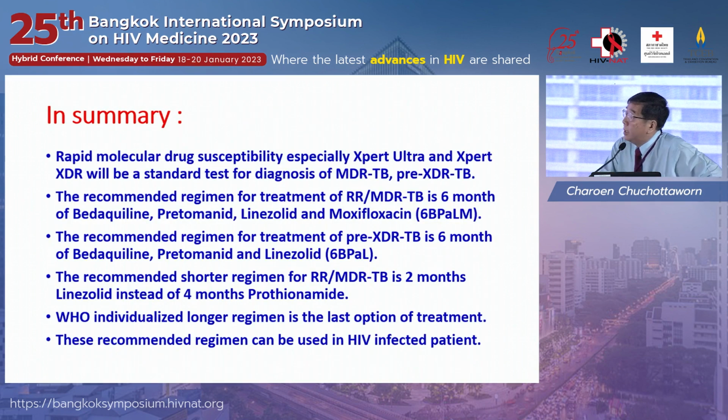So this is the summary. In summary, the molecular test is the standard test for diagnosis of drug-resistant TB, not only MDR, but also, except for pyrazinamide, for isoniazid we can use Xpert or the rapid test to detect isoniazid monoresistance. Now, the treatment of MDR has changed from the longer regimen, very toxic and less effective, to the new 6-month regimen with 4 drugs or 3 drugs with a higher success rate. And all these treatments are recommended for use in